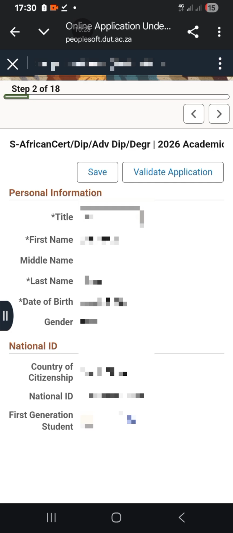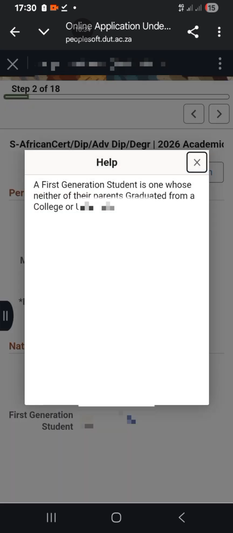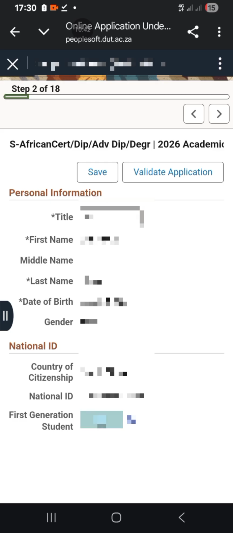Right, you confirm more details lapha if they are correct. If they are correct, again you click lapha i-arrow ekhombeka right lapha phezulu on the top right corner.